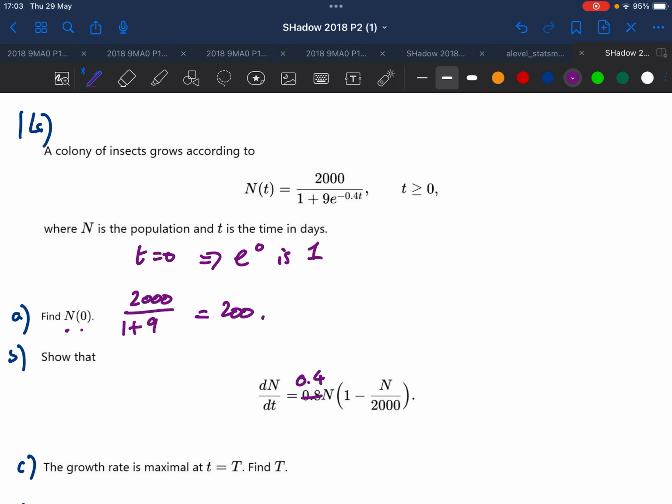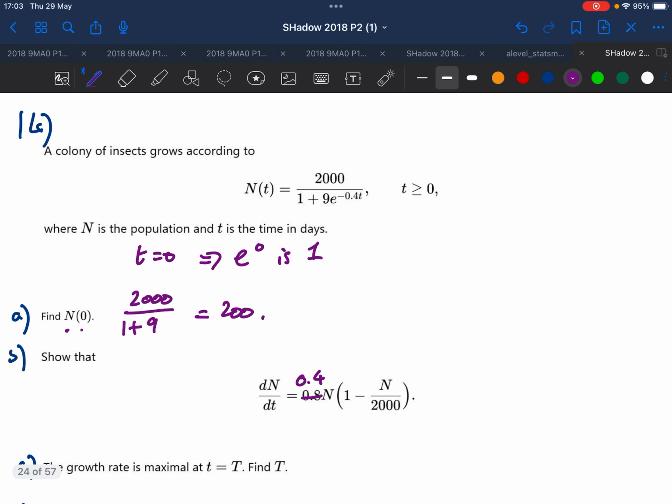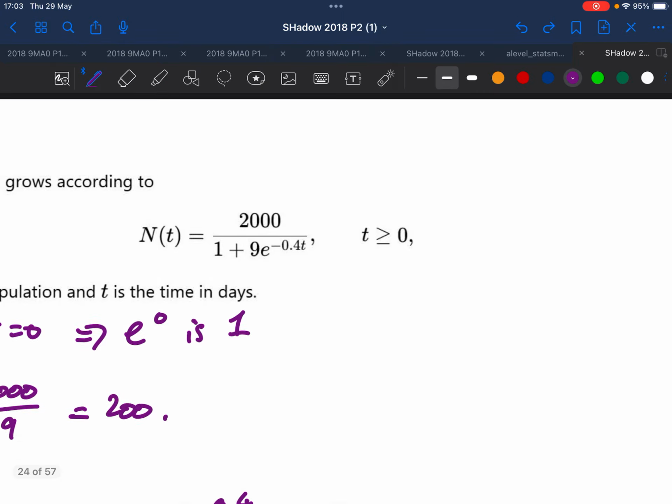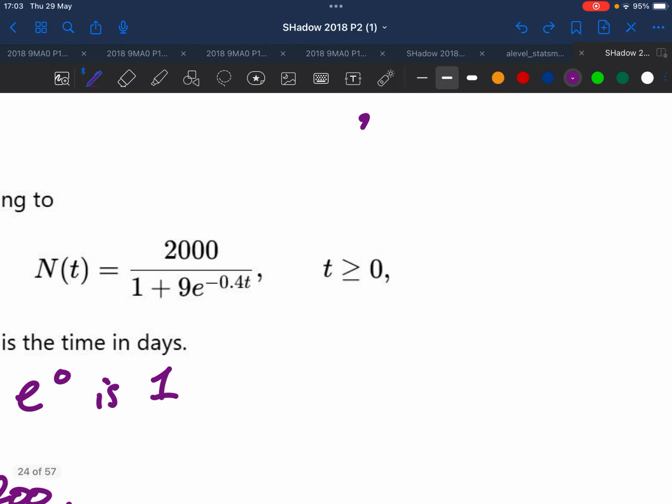So part B asks for us to differentiate, and we're trying to show that it's equal to this. Now, what's quite tricky about this, so this is a hard question, is you have to rewrite it in terms of n, where n is this thing here at the top. So that makes this question much harder. So we're going to have a look. So first thing I'm going to do, you could do the quotient rule, but that's also the same as rewriting it first of all, like this,